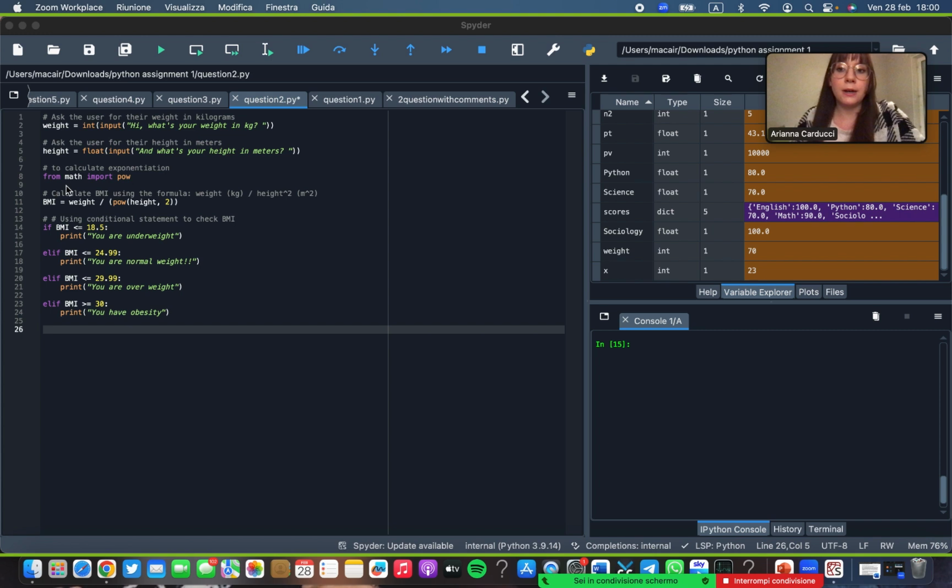Now, after importing the POW function, we can finally write the variable to calculate the BMI, which will be the variable weight divided by the POW of the variable height. So the POW, as I said, helps to make the variable height into an exponentiation, to calculate the exponents, basically. So now that we have our formula, we can